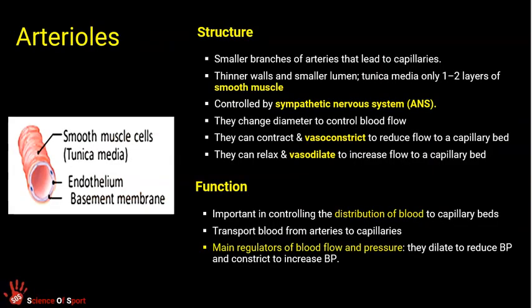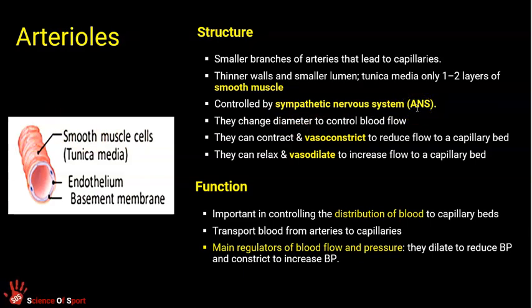So let's look again to summarize the structure of arterioles. It has a tunica intima, the inner endothelial layer, smooth to let the blood flow through. It has the tunica media, the smooth muscular wall layer, not tunica externa, the fibrous protective layer. This smooth muscle is controlled by the sympathetic nervous system, which is the